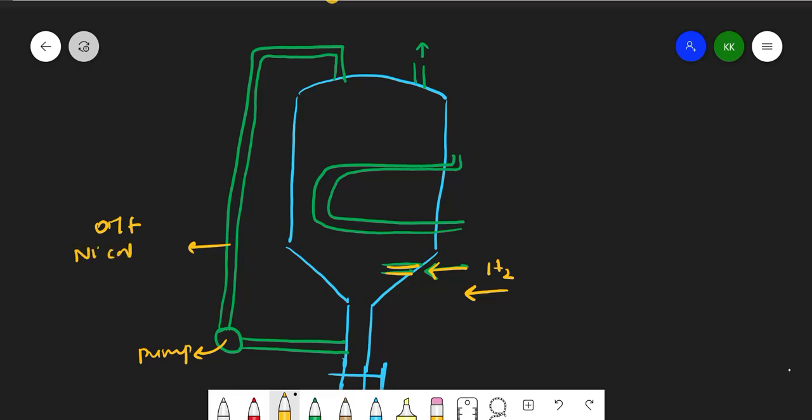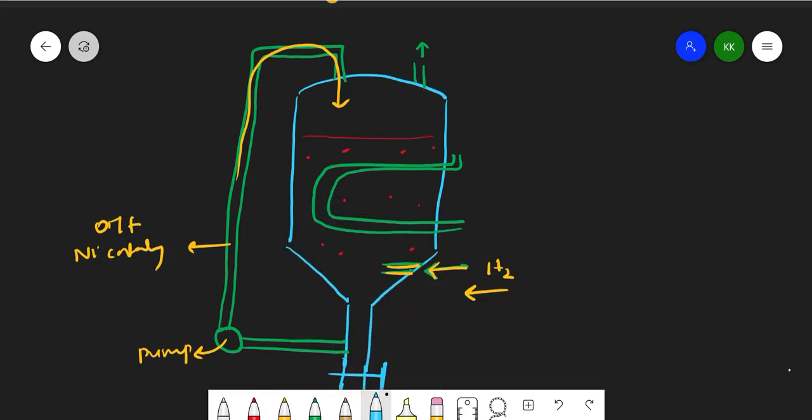That pump will pump and send it into this container like this, right? So what all the things will be there in the container? So this container contains this oil and this nickel, right? These are the nickel, let us assume like that.